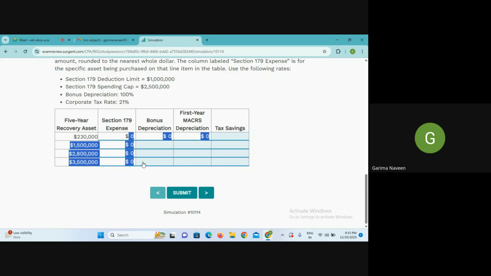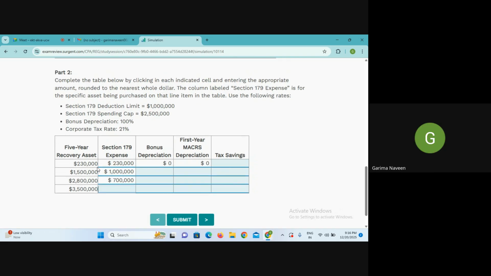ठीक है। और क्योंकि आई एम कंसिडरिंग इट कि सारे केसेस अलग अलग हैं, सारे केसेस अलग अलग कंसीडर करते हो, तब इसे आप सॉल्व करके देखो। फर्स्ट के लिए 230 पूरा क्लेम कर लोगे, सेकेंड के लिए सिर्फ 1 मिलियन क्लेम कर पाओगे। अगर मैं सारे केसेस को अलग अलग लूं, मीन्स ये सेम कंपनी के नहीं है, और इसमें 2.5 तक आपके पास लिमिट है, ये कितना एक्सीड कर रहा है, 300,000। सो 300,000 डिडक्शन आपकी कम हो जाएगी, मतलब 1 मिलियन टोटल क्लेम कर सकते थे, लेकिन 300 एक्सीड कर रहा है तो 300 डिडक्शन क्लेम कम हो जाएगी। सो डेट मीन्स ओनली $700,000 तक की डिडक्शन आप ले सकते हो। इज इट क्लियर? यस मैम।